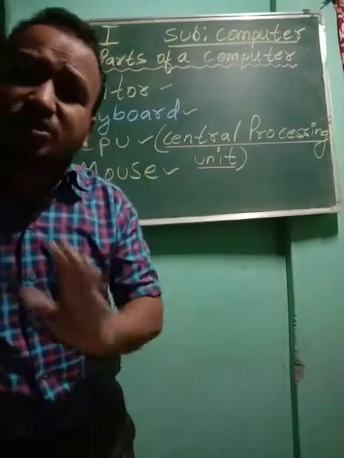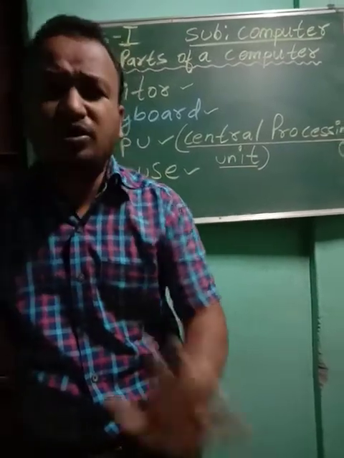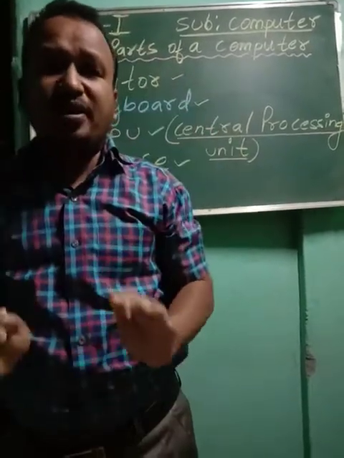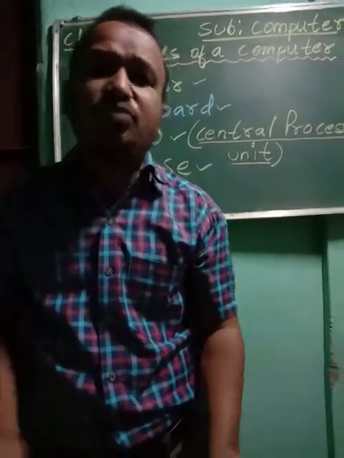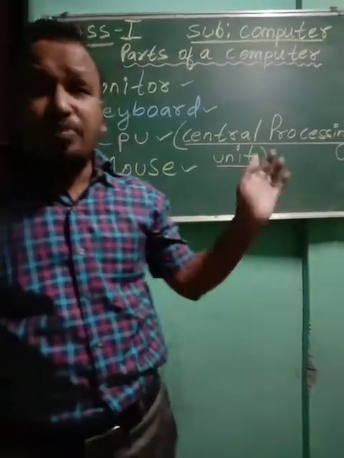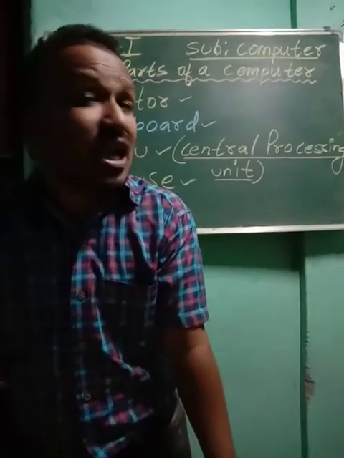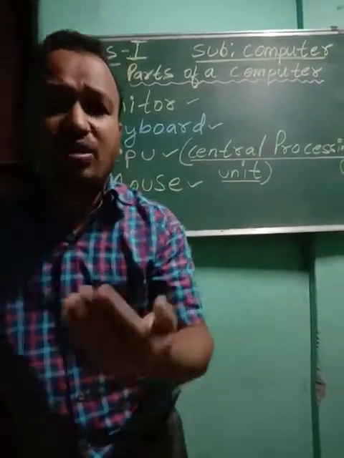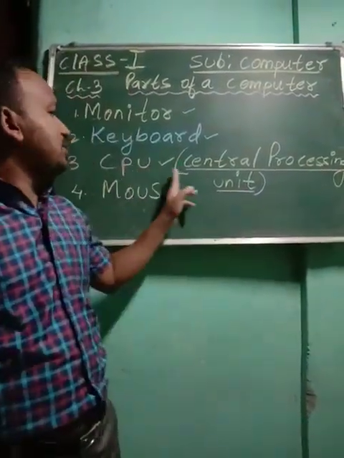You know, CPU is very important for the computer. It is also called the brain of a computer. Today you see, if we don't have a head, and inside our head we have a brain. If we don't have a brain, can we do work? We cannot do anything. We cannot do our work, we cannot study, we cannot go anywhere, we cannot do any activities. Okay, the same way in a computer also, if the computer does not have a CPU, then the computer cannot function, means it cannot do any work. You cannot write anything. Okay, you cannot play games, you cannot listen to music. So you cannot do anything in a computer without a CPU.